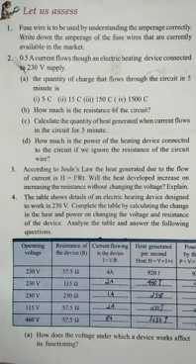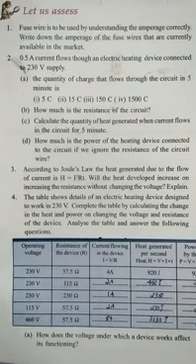And the next part of the question is, write down the amperage of the fuse wires that are currently available in the market. So the answer is 1 ampere, 2 ampere, 2.2 ampere, 5 ampere and 15 ampere are the amperage of the fuse wires currently available in the market. Once again, 1 ampere, 2 ampere, 2.2 ampere, 5 ampere and 15 ampere.